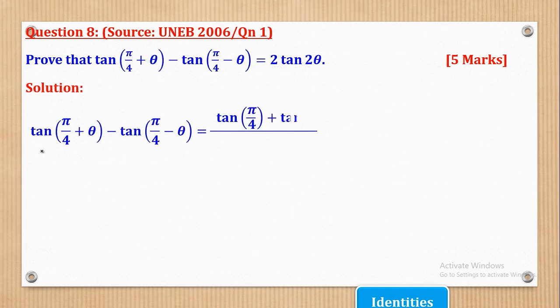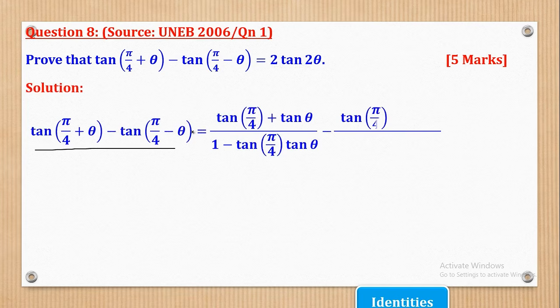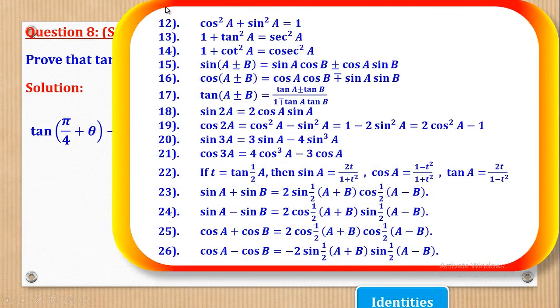So we shall start from the left hand side. Left hand side, this will be this. So we are going to first expand this using the identities. So if you go back to the identities of tan, here it was tan A plus B, it was tan A plus tan B over 1 minus tan A tan